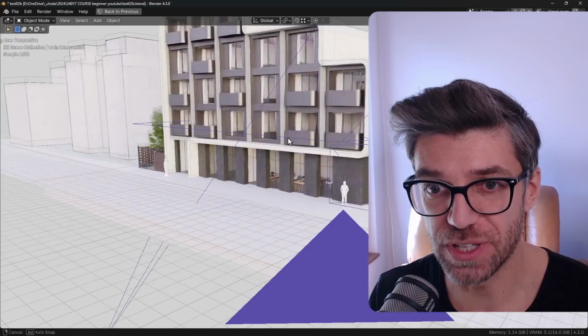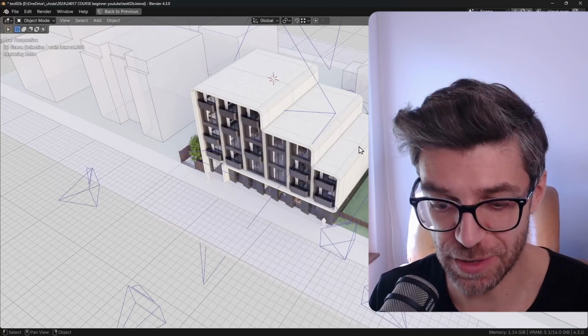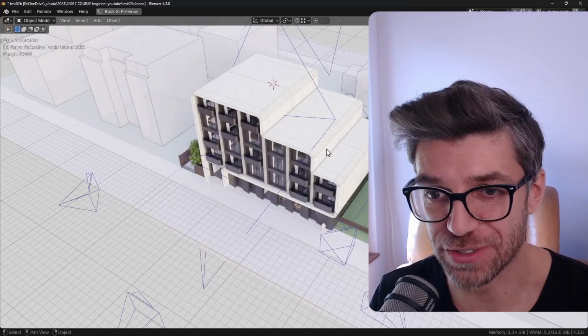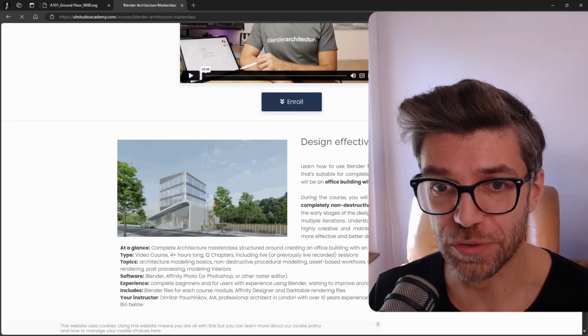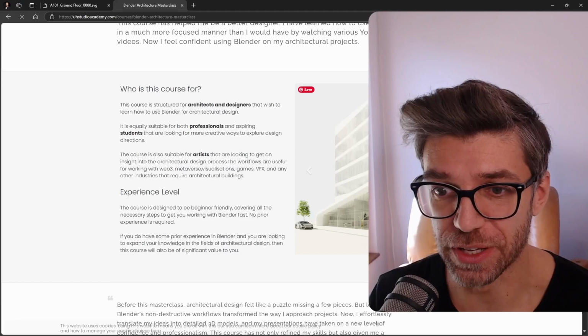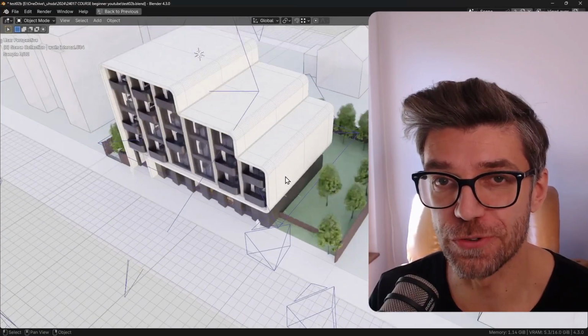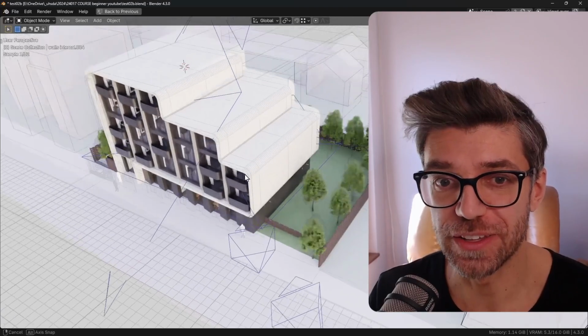And residential buildings tend to be a little bit trickier than office buildings, which is what I did in my last architectural master, which is this building over here, where it's really mostly about the shape of the actual building. In this video series, which I'm making available for you for free on YouTube, the idea is that we